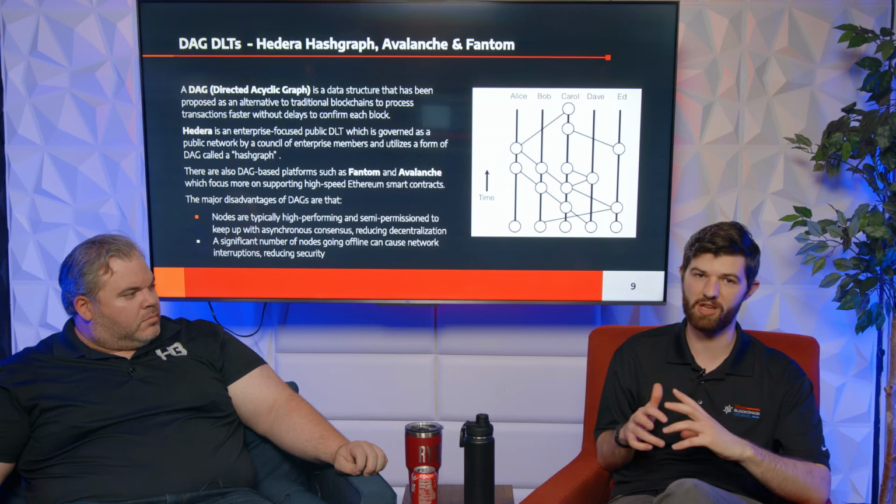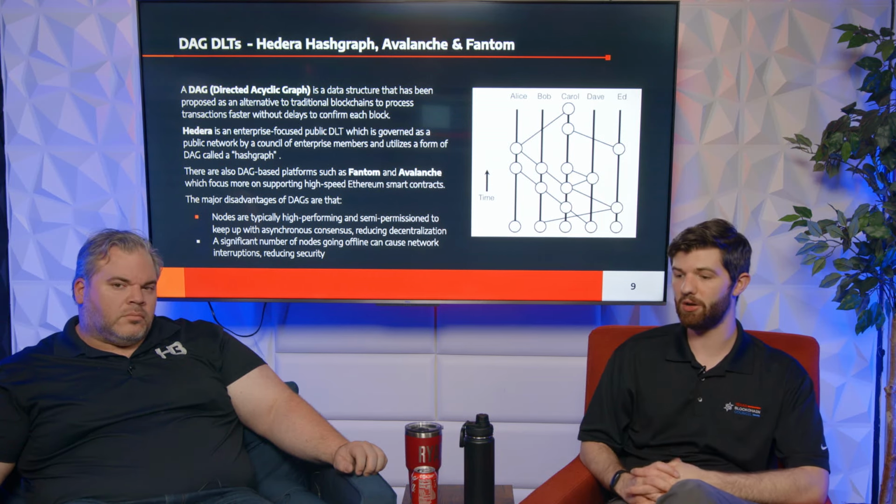And the disadvantages that I'm listing here are similar as well, which is typically these nodes are also high-performing. That is to say, running Hedera nodes is kind of similar to Solana nodes in the sense that they're usually pretty high-performing, data center-based nodes. And usually they're semi-permissioned. In the case of Hedera, only those council members run nodes. I think Phantom and Avalanche have a similar structure, although I'd have to check, where you typically don't have a lot of validators, and the nodes themselves have to be beefy because they have to check every transaction that they're gossiping. So they have to be able to keep up. So this is kind of a caveat to decentralization.